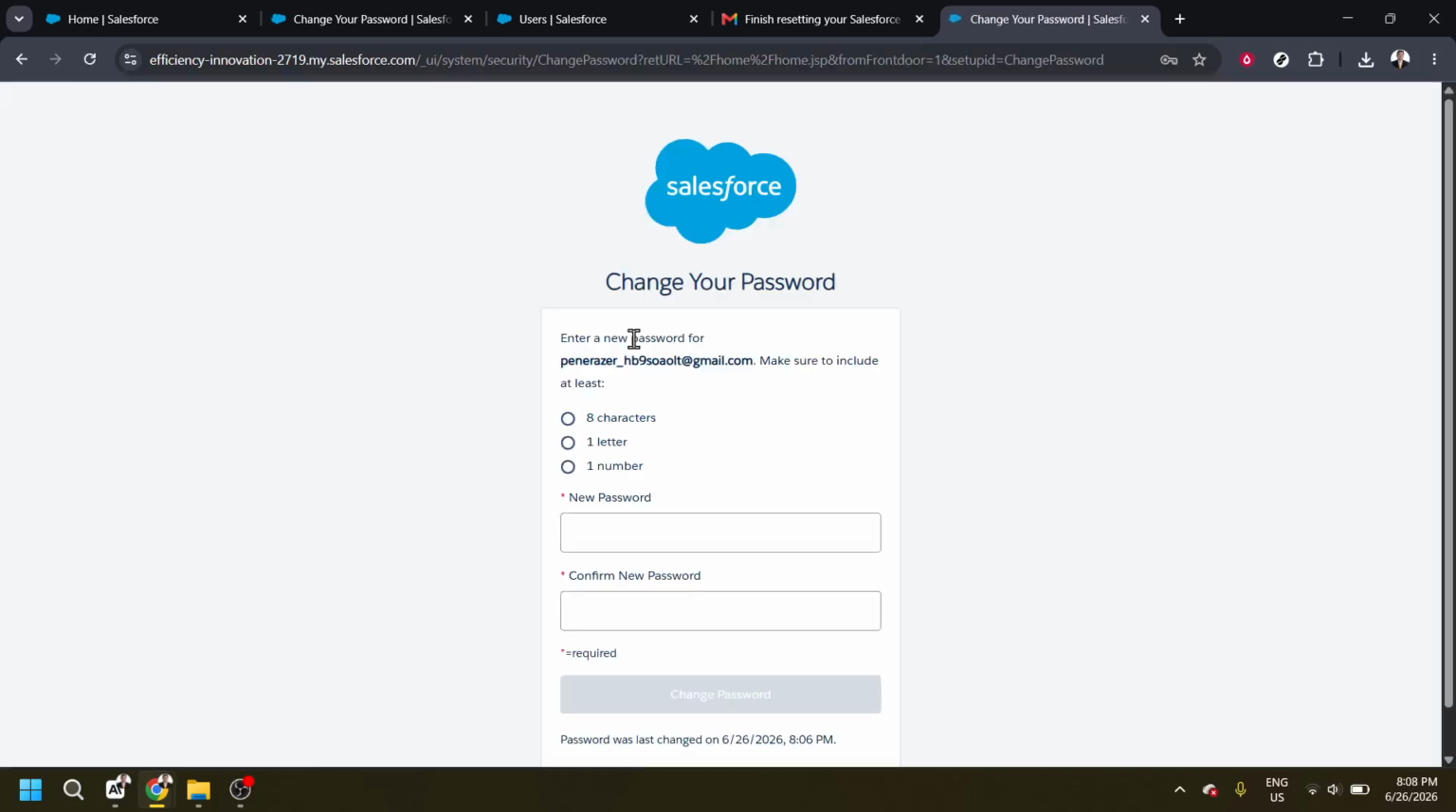They need to type a new password and confirm it by typing it again in the box below it. Make sure it meets the password requirements Salesforce is showing on the screen. Once they hit Submit, they are all set. They can log right back in with their new credentials. And that is it. From being stuck with a forgotten password to being back in business in just a few